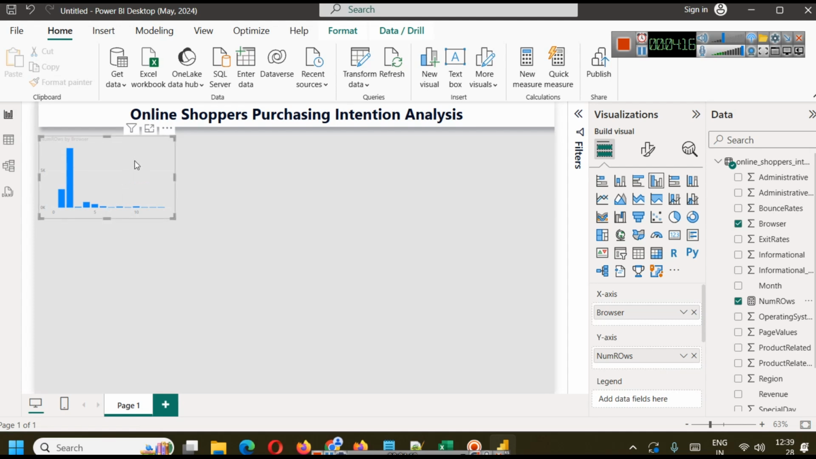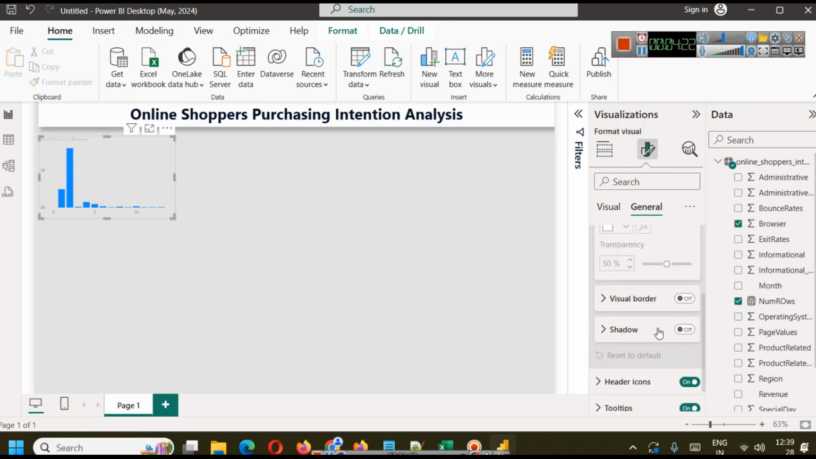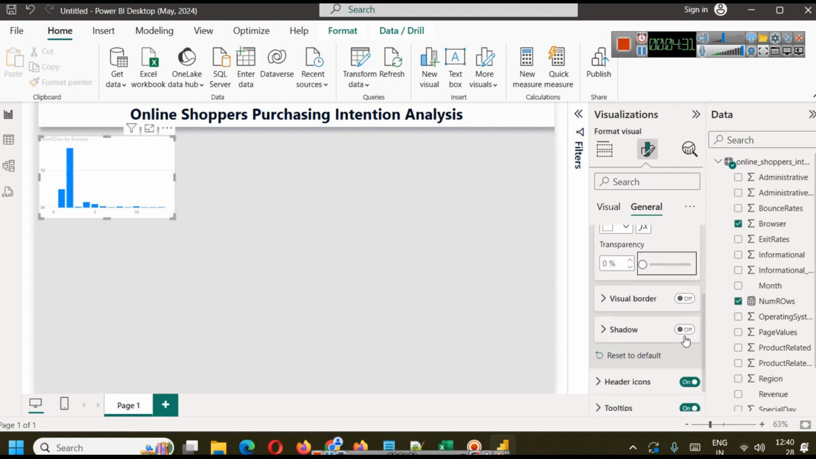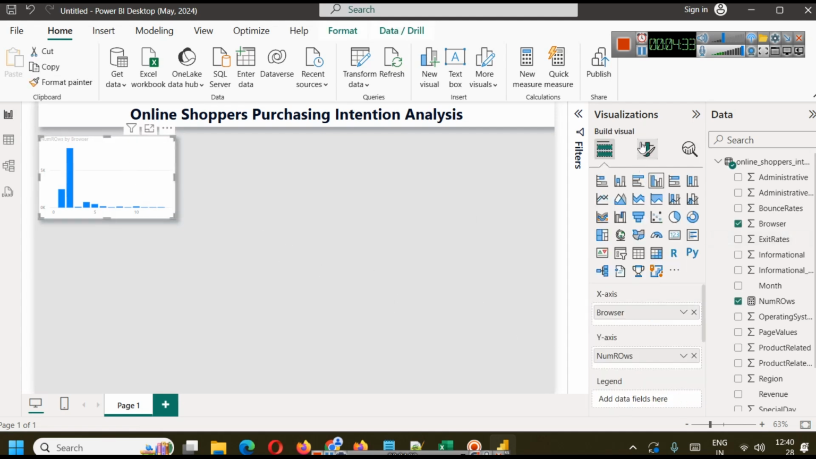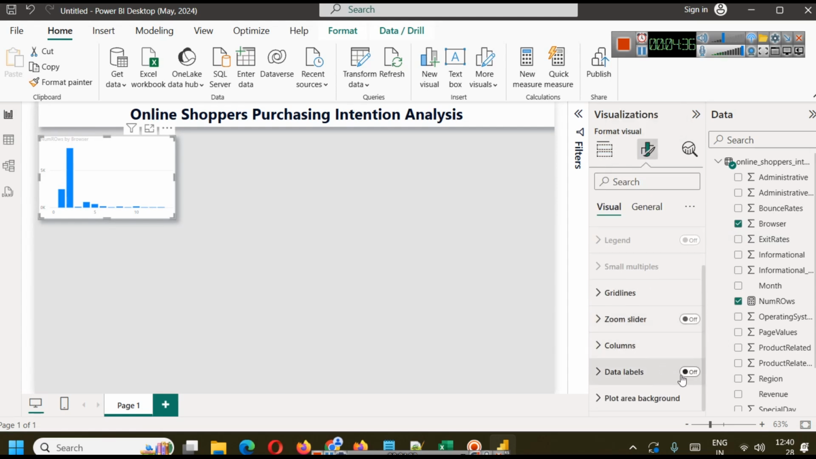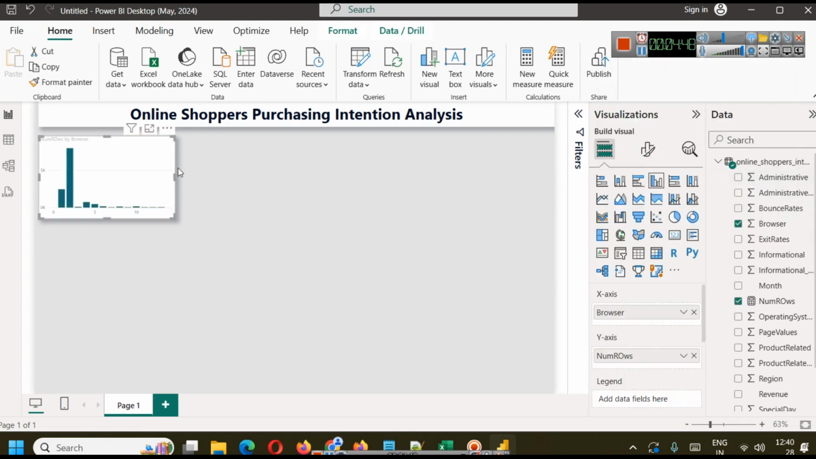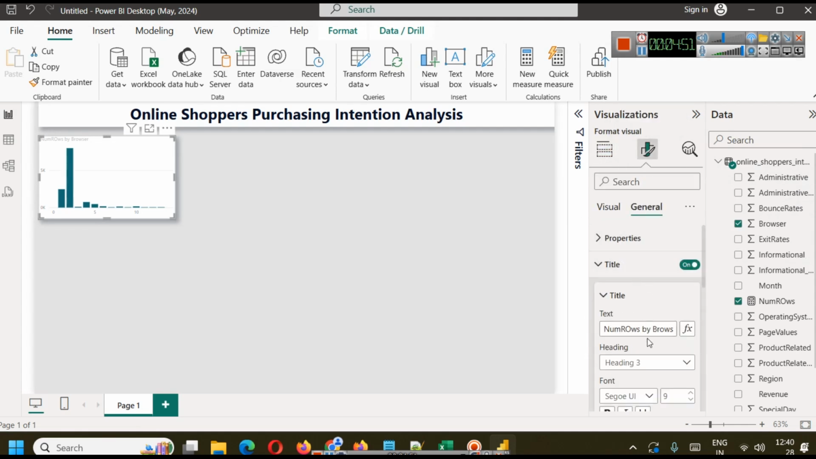And here first of all we will enable, in general we will select a background, transparency we will reduce to 0%. We will enable a shadow, and here we can go and select a different type of color. So in columns you can select a different type of color. For example, let's select this color or whatever, maybe this color will be better. Yes. And here we also have a title. So this is number of visits by browser